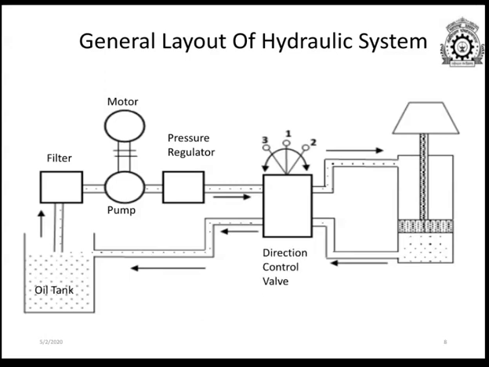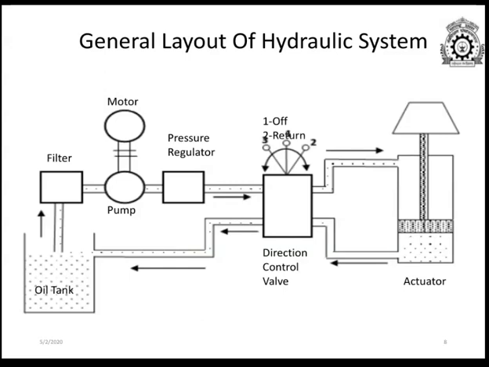This is the direction control, and after that the actuator is there. In the second condition, whatever high pressure oil is supplied will be supplied to the actuator here, and whatever oil is stored will be the retardation condition. So return oil is supplied from here to the tank. In the third position, the oil is supplied here, and then this oil is stored here. So extension operation is possible, and in the one operation, this is the idle operation, whatever oil is there will be supplied again to the tank.